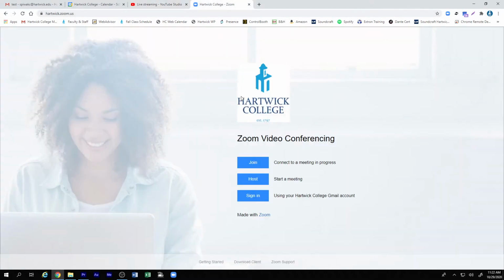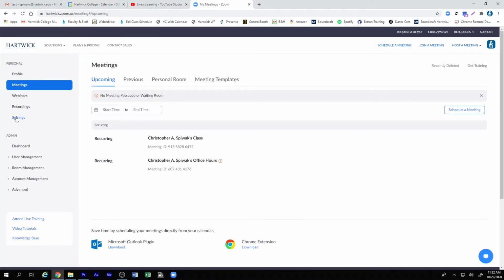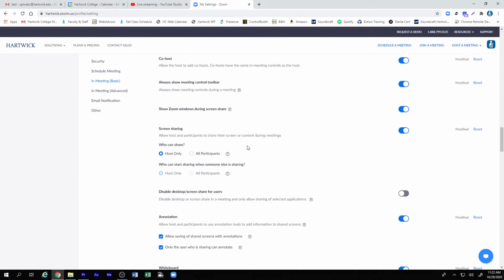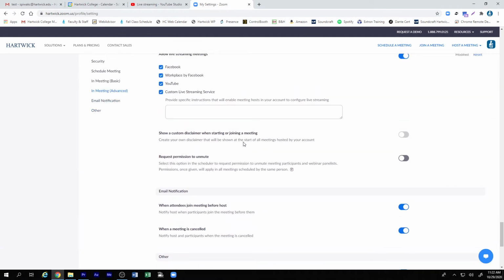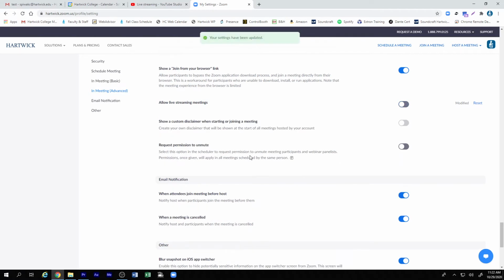Now, on Zoom, you want to go to hartwick.zoom.us, sign in using your Hartwick Gmail account. First thing you want to check are the settings, and you're going to come all the way down almost to the bottom. Just before the bottom, you'll see Allow Live Streaming Meetings. Mine is already turned on. Most likely yours will be off. So when you turn that on,